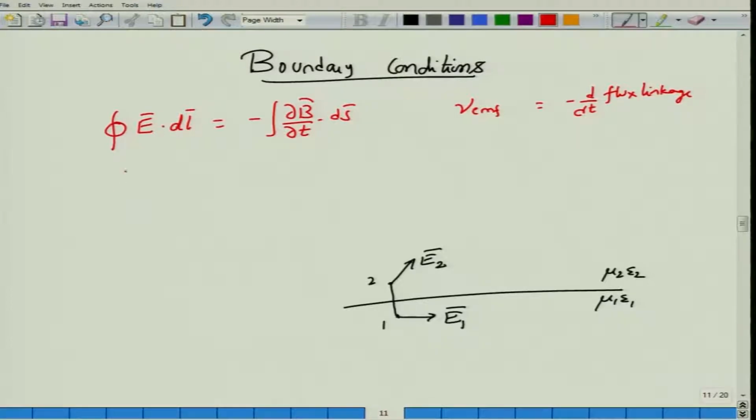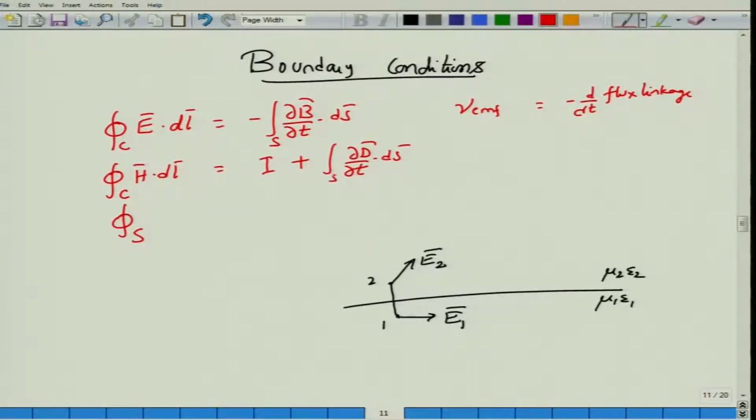Then the Ampere-Maxwell law tells you that the magnetomotive force over a closed loop, given by the integral of H dot dl, must be equal to the total current I surrounding a particular surface, the open surface through which this contour is being defined. So there will be a current I plus the integral of del D by del t dot ds, which is how the displacement current is changing. And then you have 2 additional equations over the closed surface. These were the closed loops, and these were the open surfaces that we had considered.